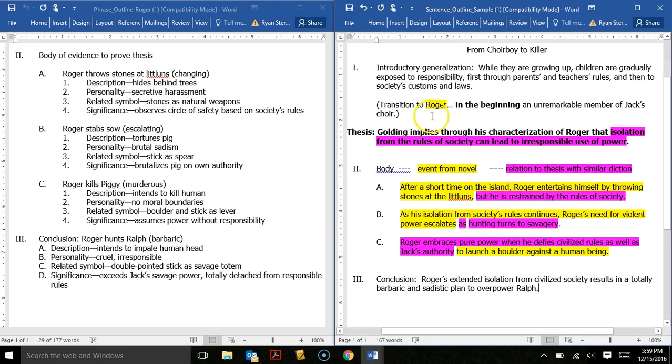So not very long. You can just open this document. You can type yours right in here, or you can handwrite it. If you handwrite it, I'll just collect it from you at the beginning of class on Monday, and then I'll get it back to you while you're working on your works cited, which I'll talk about a little bit later.